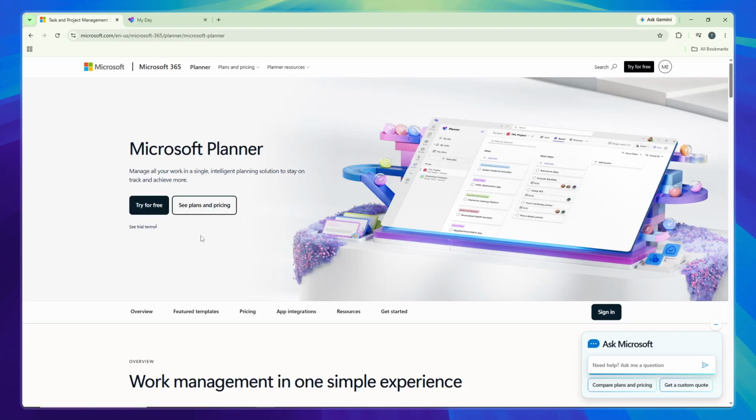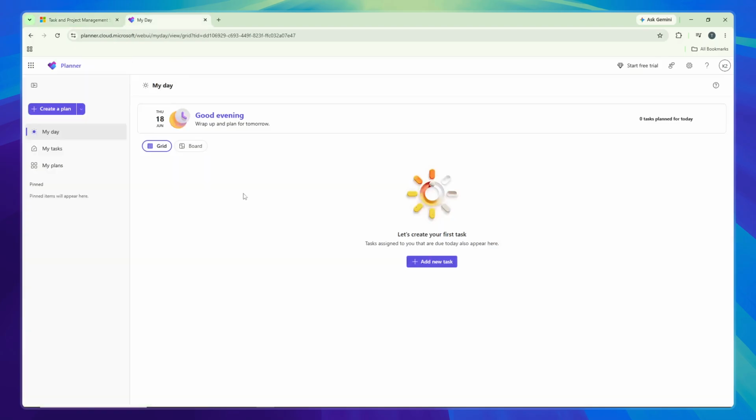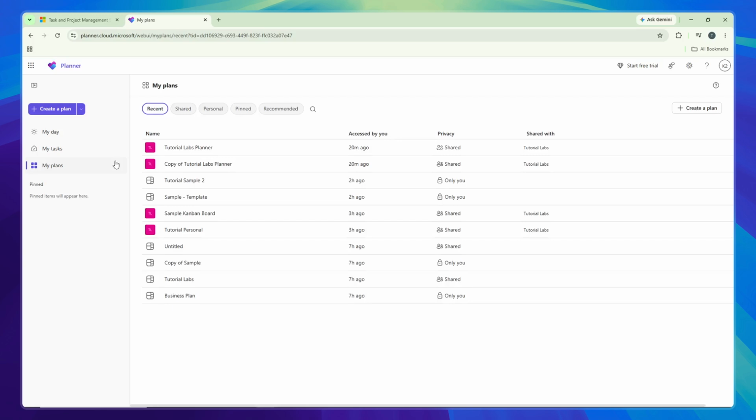After logging in, you'll land on your main dashboard. On the left side of your screen, you'll see a navigation menu. Look for and click on the option labeled My Plans. This will display all the plans you've created or been added to, making it easy to choose which one you